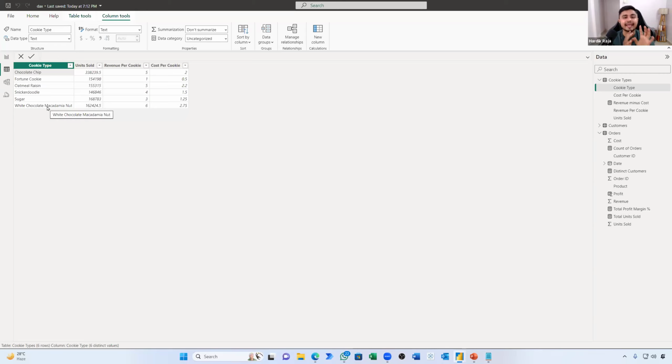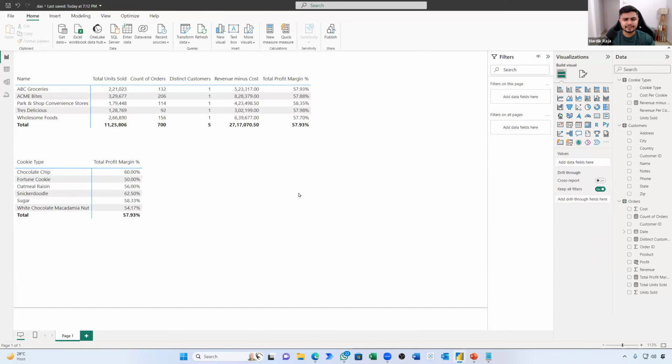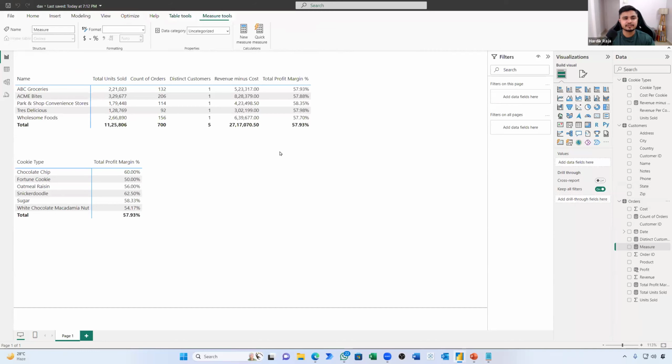You have to add X letter after that, and that will completely be a game changer. Let's do it practically. Now, I will go into my data model and I will create a new measure, new DAX, data analysis expressions. And this time, let's say I will just write total profit, because holistically we are finding total profit only.